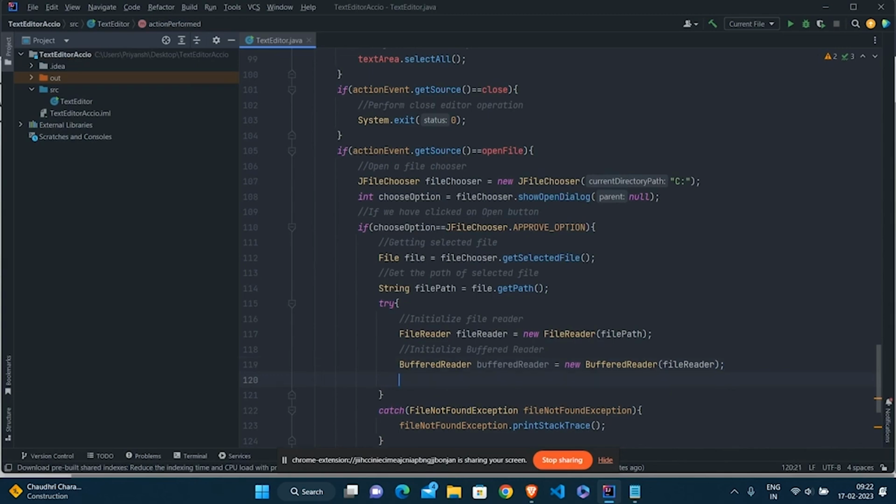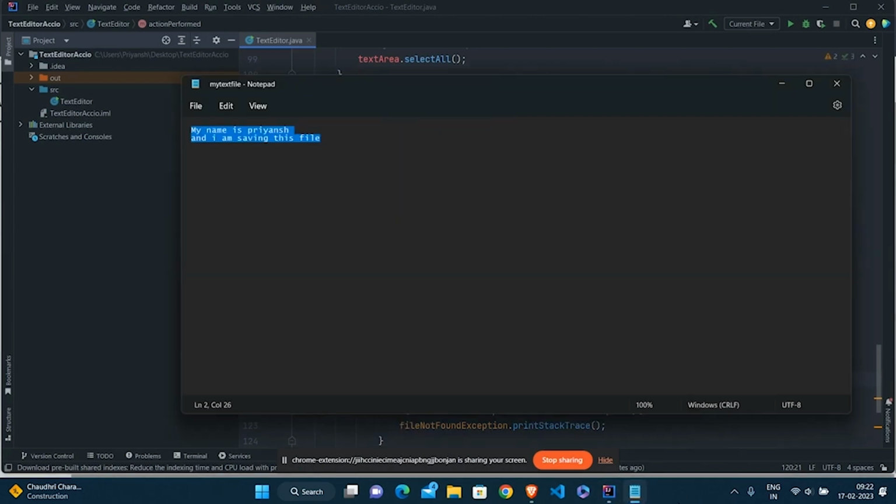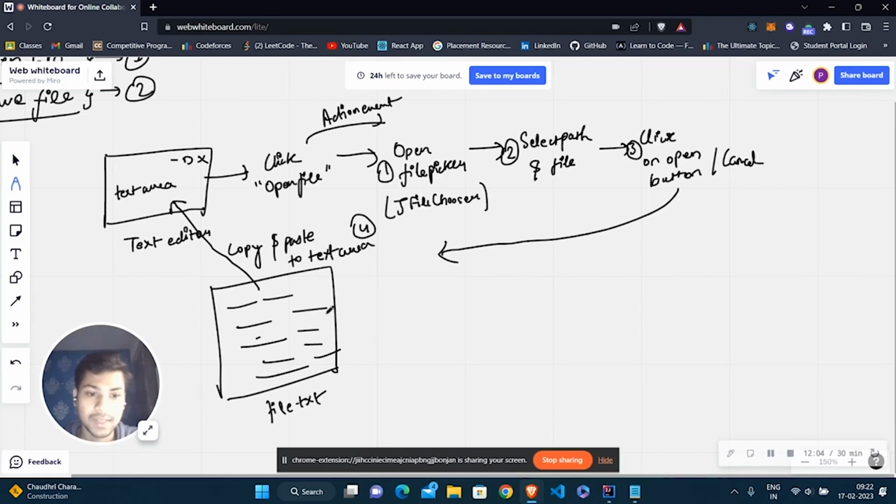Now we are just reading whatever string is present inside that file, and then we have to set the text to the text area. Now we just have to read this particular string inside the file.txt.